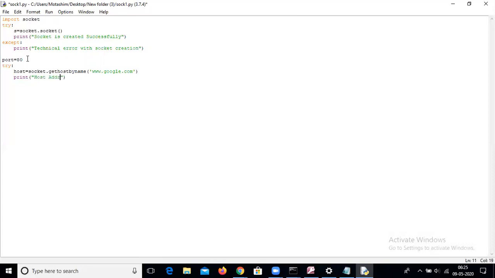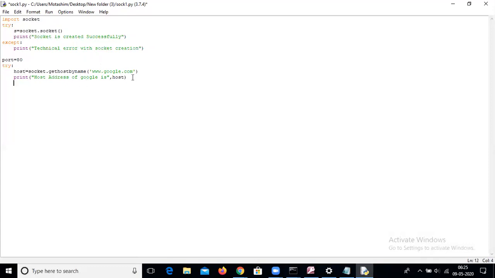The host address of Google is stored in host, so we can print the host by using this.